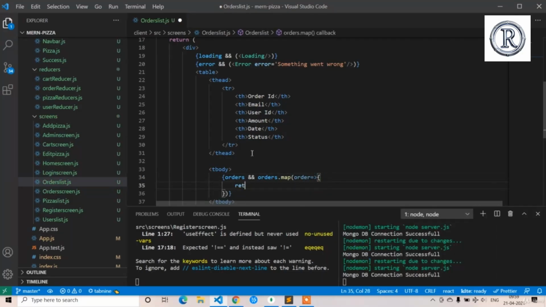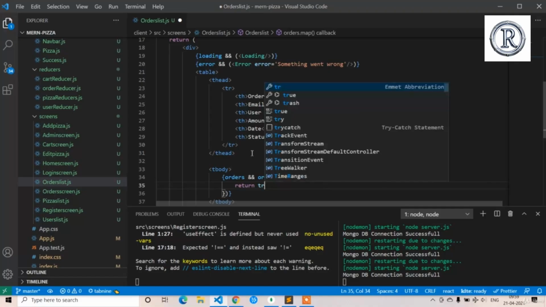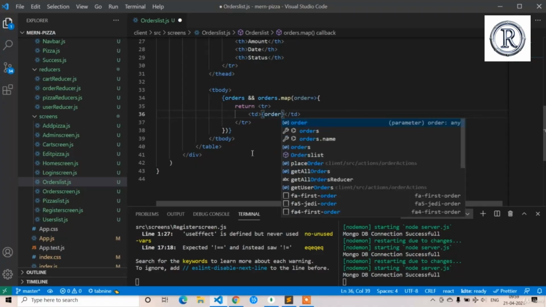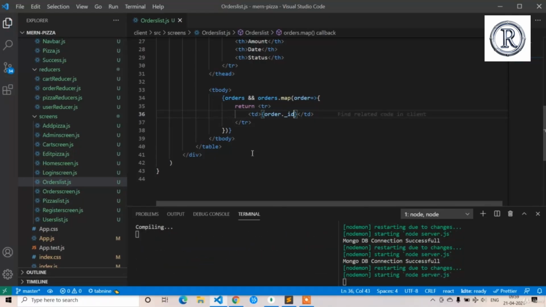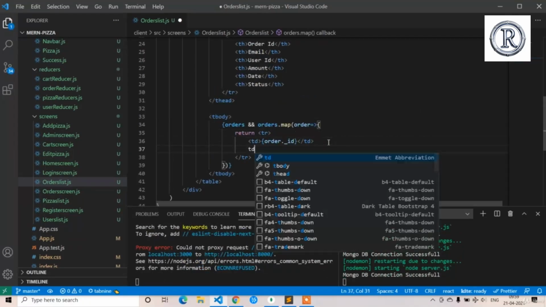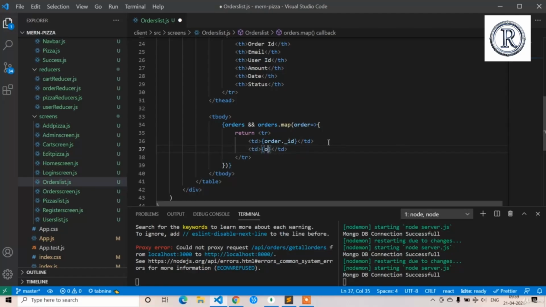Here I'm going to return tr. In this tr, the first one is td order._id, and the second one is td order.email,